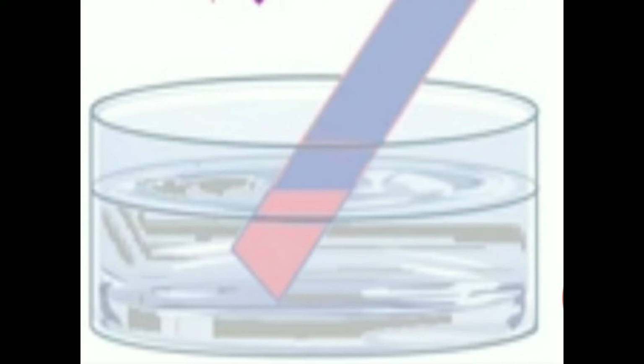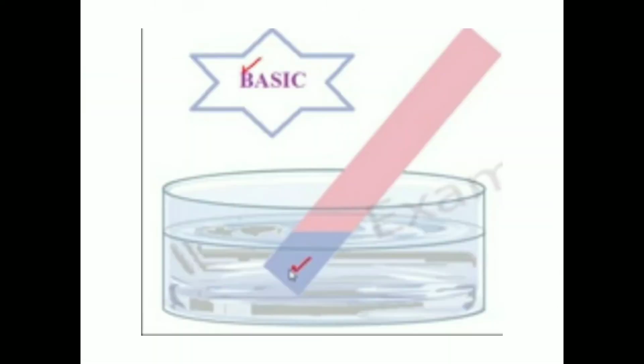In this case, if you use a red litmus paper, there will be no change in color. An acidic solution turns blue litmus paper red, so the red litmus paper will remain red. That's why to test an acidic solution, it is better to use blue litmus paper so that you can distinctly see the change in color. On the other hand, if you want to test a basic solution, use a red litmus paper so that it turns blue. So in a basic solution, the color changes to blue.